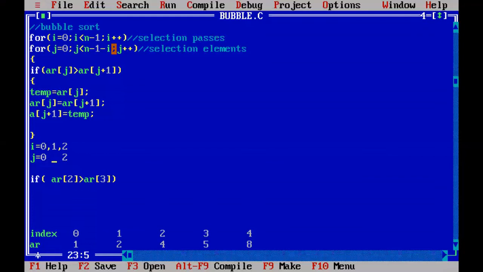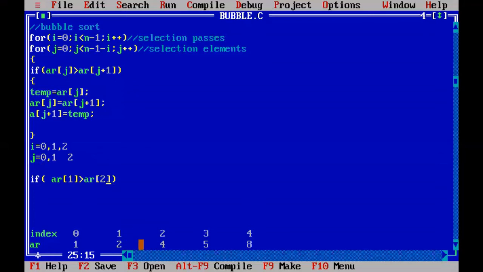So it starts with 0. Again AR of 0 element is selected, and here AR of 1 element is selected. 1 and 2 are compared. Is 1 greater than 2? No swapping at all. Then go for the inner loop and increment to 1. Here also in the if condition, 1 plus 1 is 2. 2 and 4 are compared now.